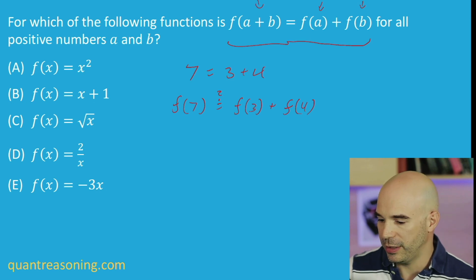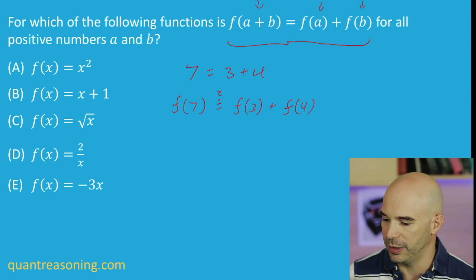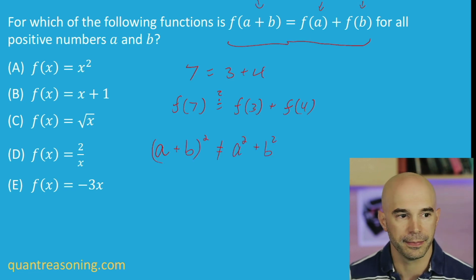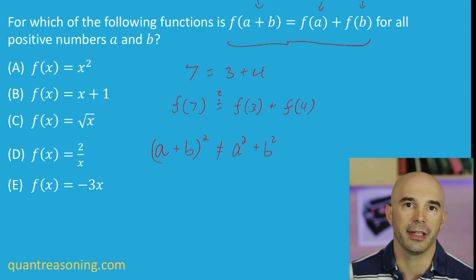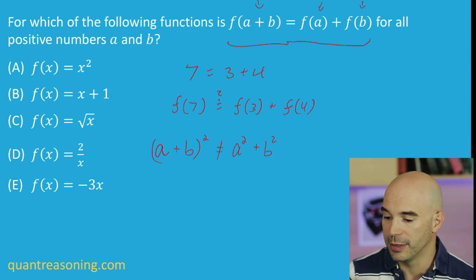And Jessica already told us that answer choice A would not work for this, right? And that's true because we know that if you were to square the sum, that is not going to be the same as squaring each of them separately and adding together. Because if you square the sum, you'd have an extra term called 2ab. So where is it? Gone. So A doesn't work. What about the second answer choice?